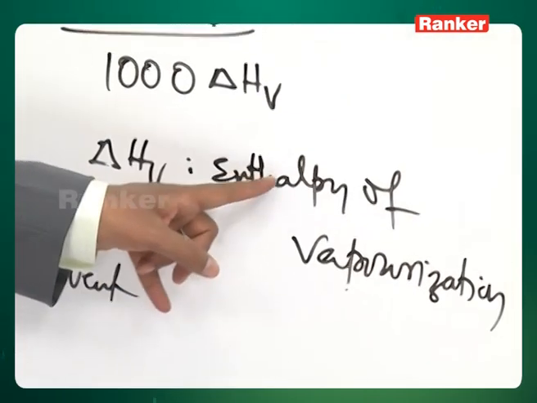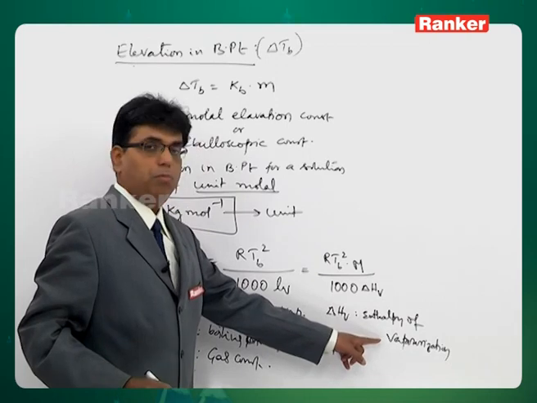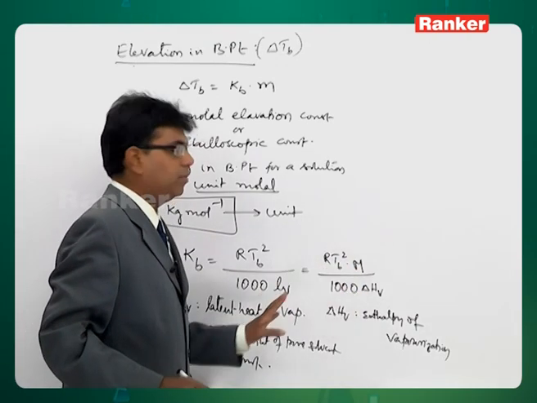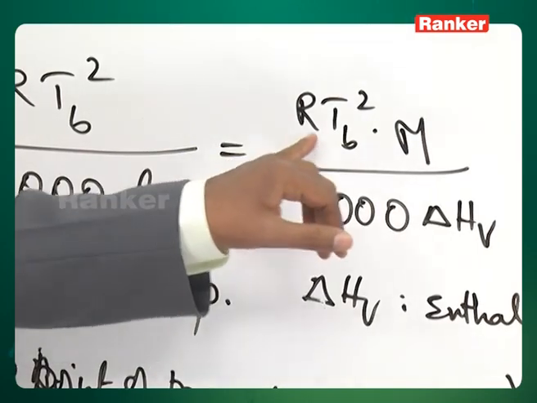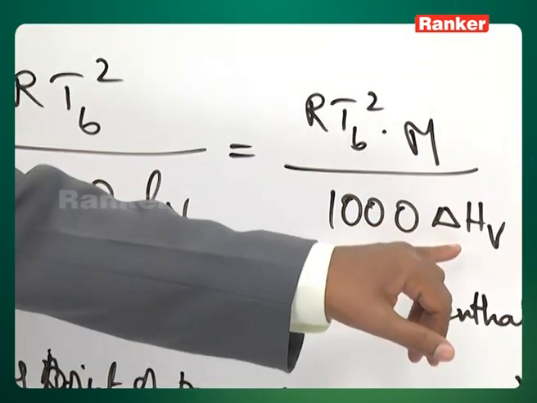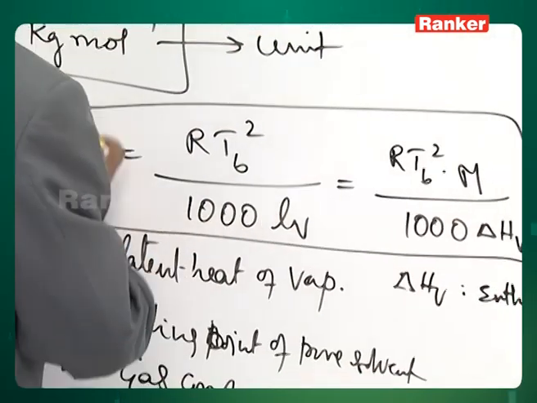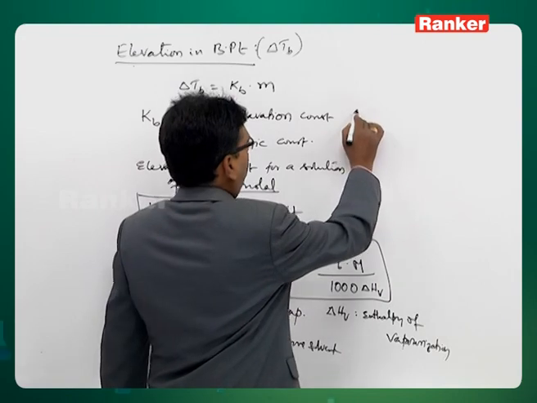Enthalpy of vaporization is the heat required to vaporize 1 mole of a substance. So, delta HV is equal to LV into m, that is actually the relation. So, we write it as RTB square into m by 1000 delta HV. This is how we define Kb. And for pure water